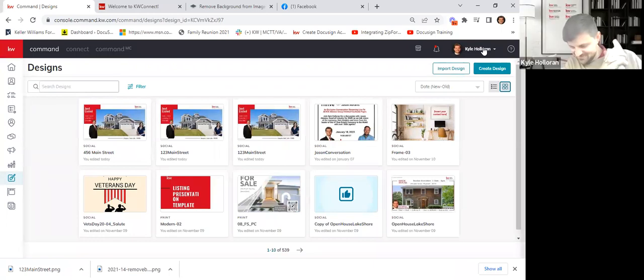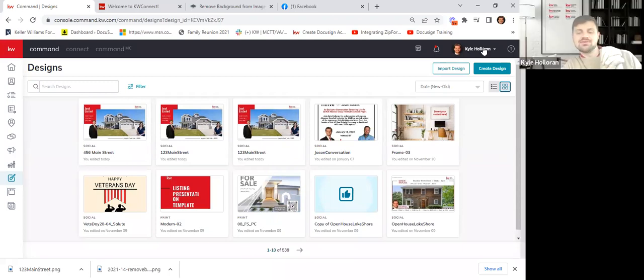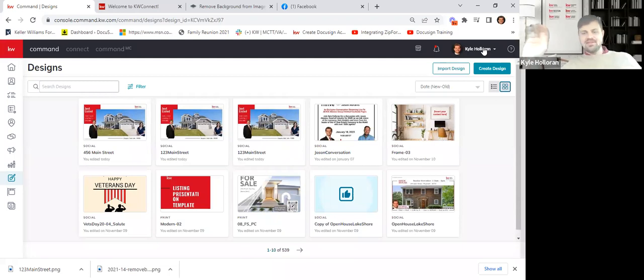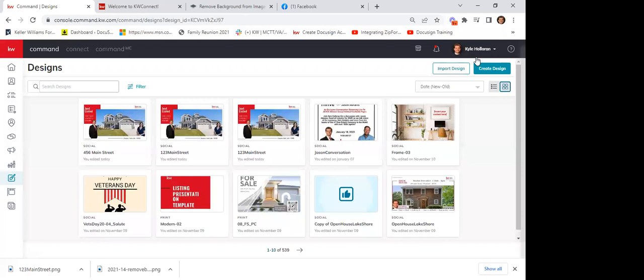I've attempted to do a design with the email, but for some reason it won't import it. All right, so stick with me here, okay? I'll show you a couple of things, but we'll get to that. I want you to just focus on your graphics here. If you want graphics in your email, make them here first, and then we can import them. We're not trying to create graphics inside of the email templates.